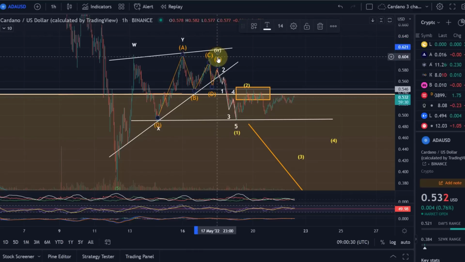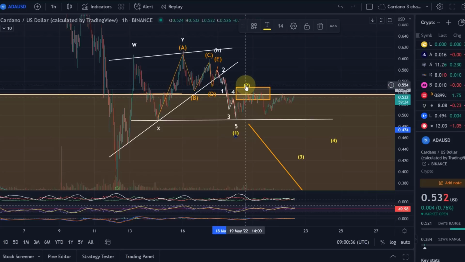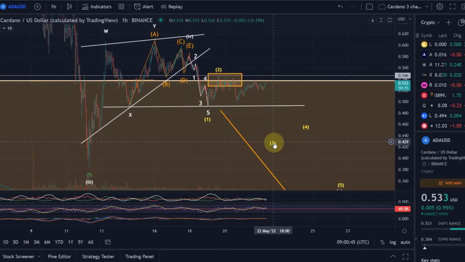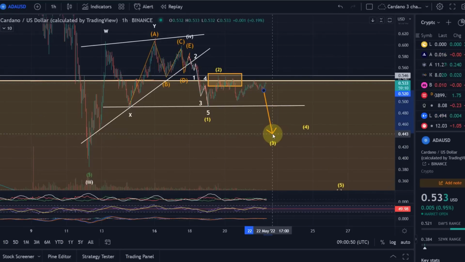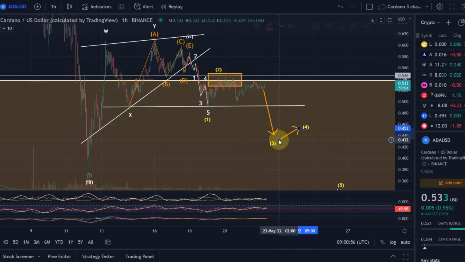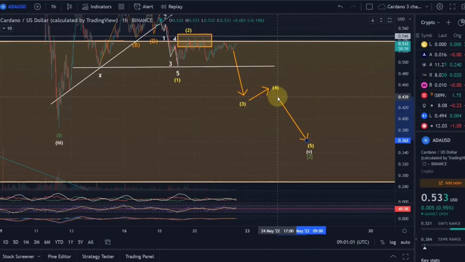We then started to move down in what I think here in yellow is a wave 1, an impulsive wave 1. We then formed a corrective wave 2 in an A, B, C pattern. We could now be in already the wave 3 here in yellow. So we would actually be moving here like this in a wave 3. Then you would get a wave 4 recovery, retracement, corrective wave, and then another wave 5 down.